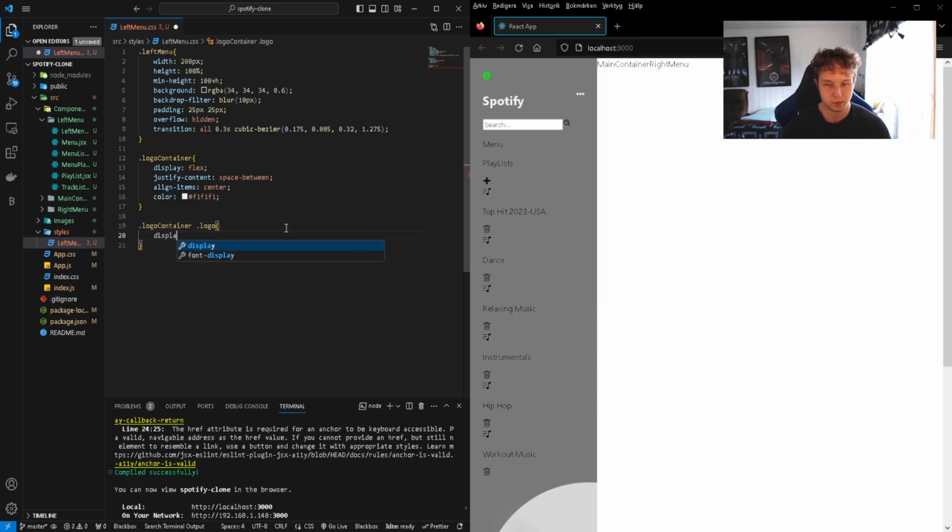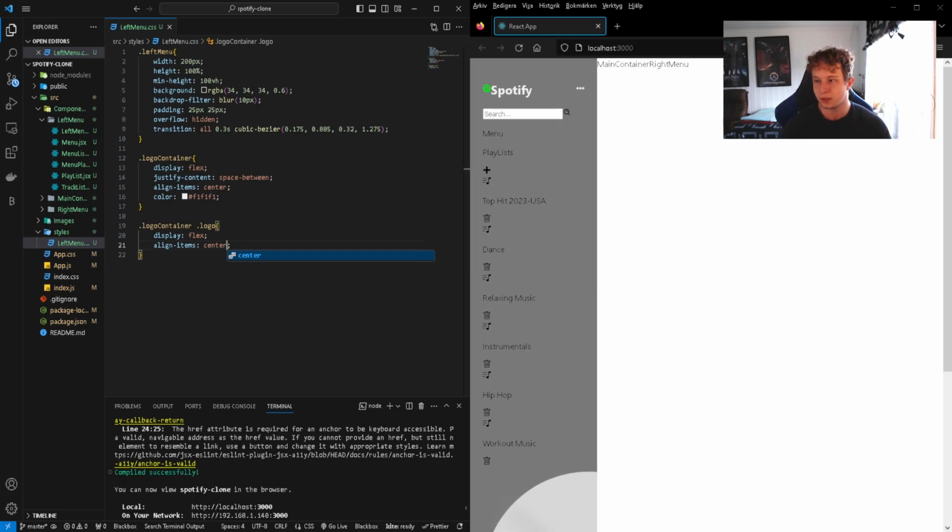And this is also going to be display flex. Yep. And for the align, we're going to have align-items center here as well. Boom. Nice. So the Spotify logo and all the different divs in that div are essentially in the center. That's great. Now we want to style the icon, which is the Spotify icon in that container,